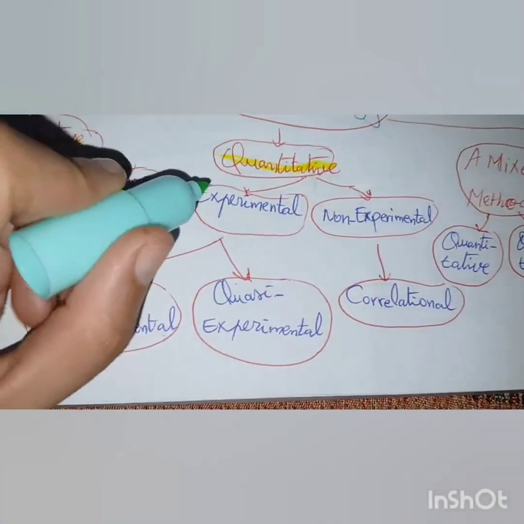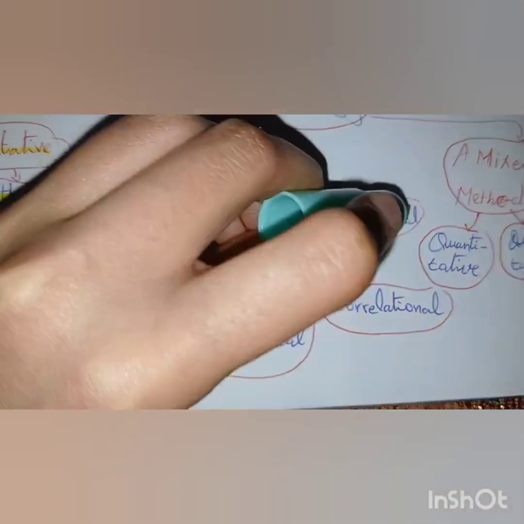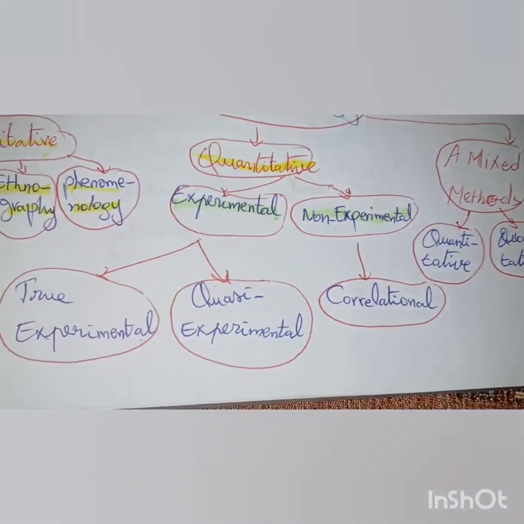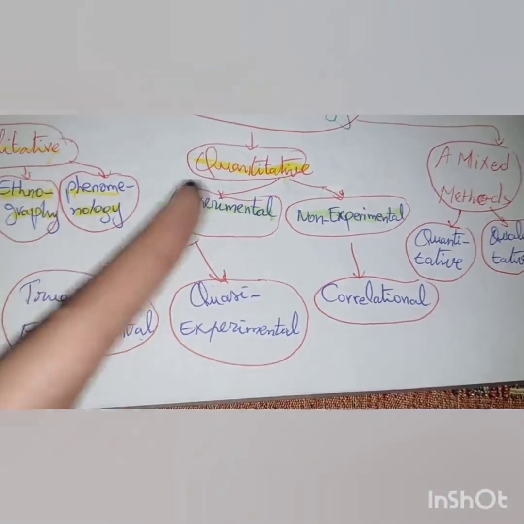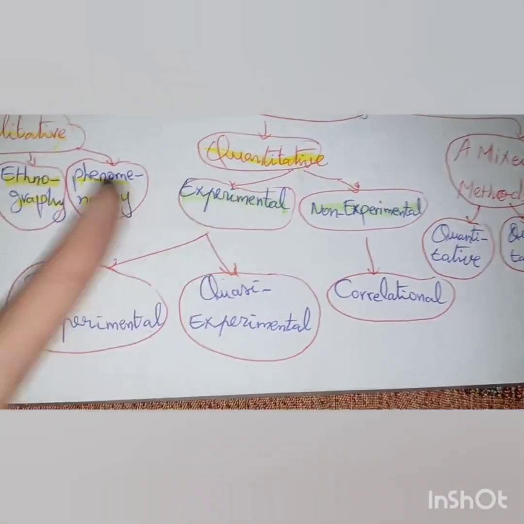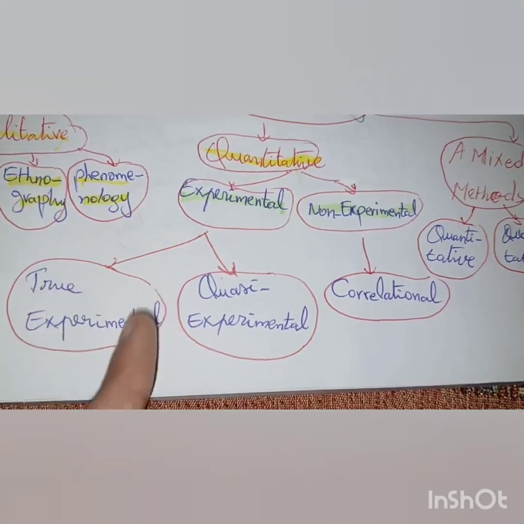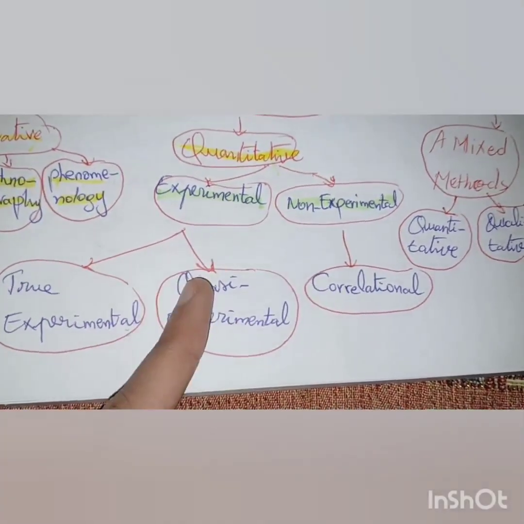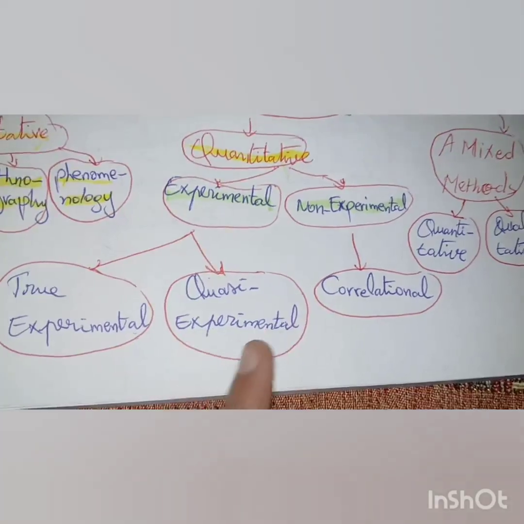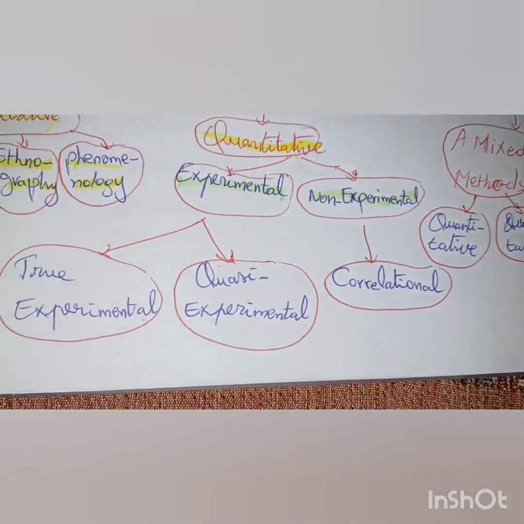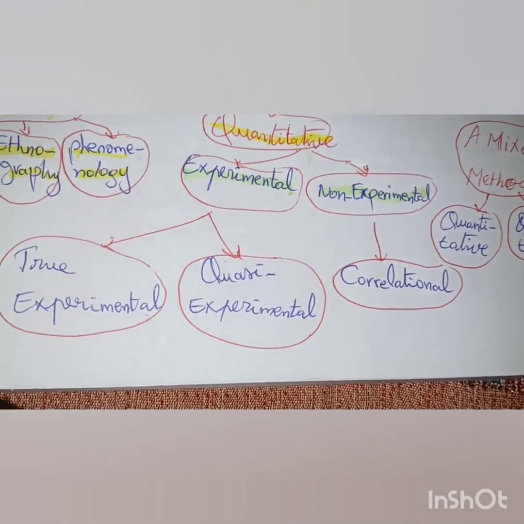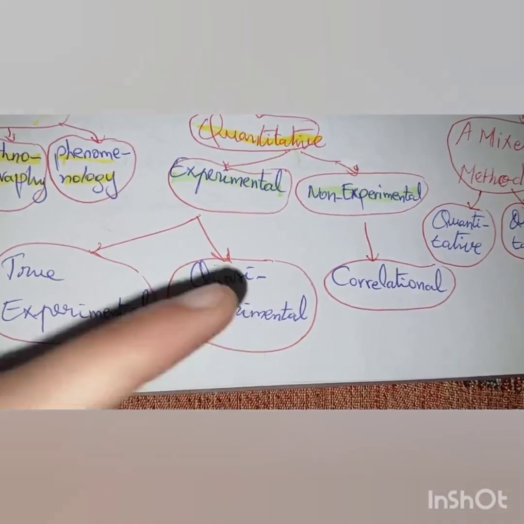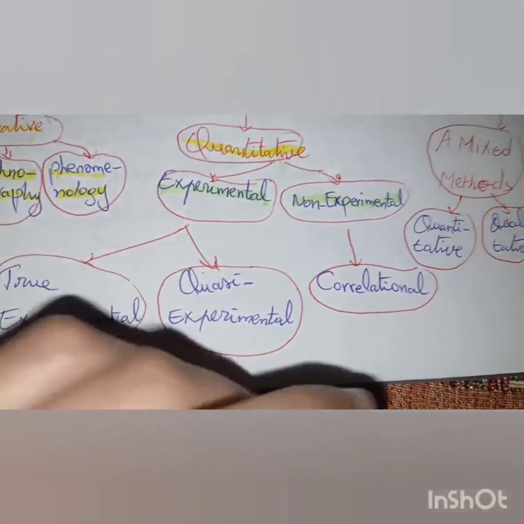experimental and non-experimental. Experimental, it is its name. There is true experiment. It is true experimental. You do an experiment. And we have another type, which is quasi-experimental. It is in between. We will see it another time. It's not very important right now. So, and